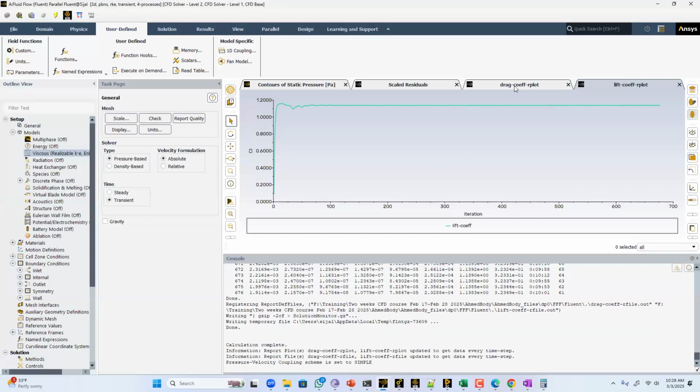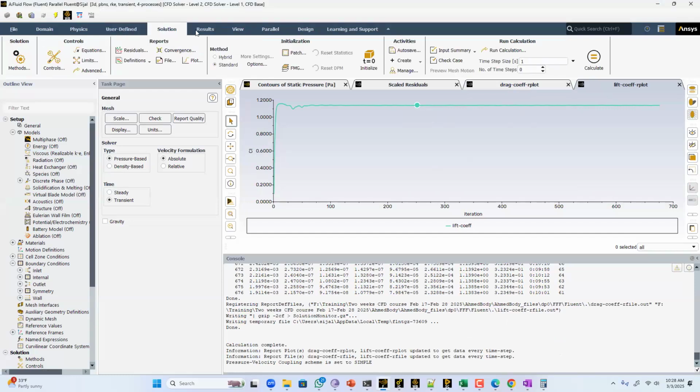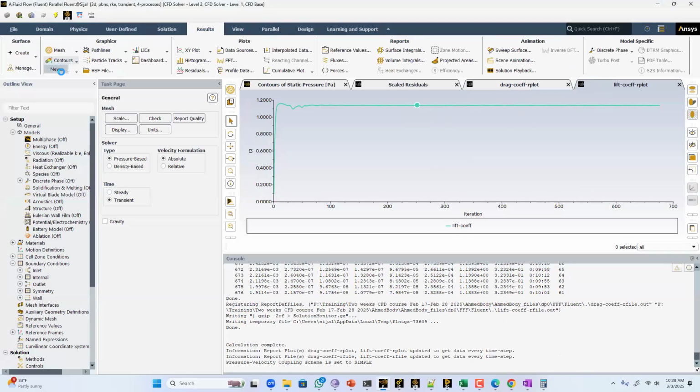Okay, so we will talk about the lift coefficient maybe in some other class that I will let you know. But right now we'll try to finish up our course from today's class, and also I'll discuss one thing in the NACA 2412 aerofoil about two different angles of attack and how to plot the CP plot. So here, if you go to results and the contour plot